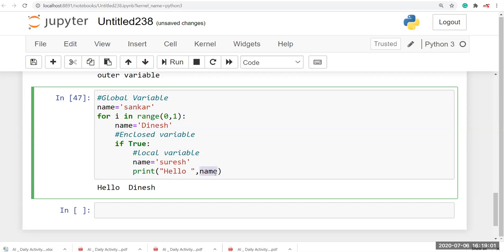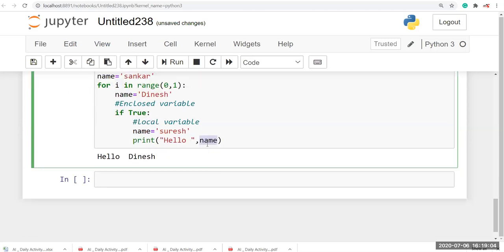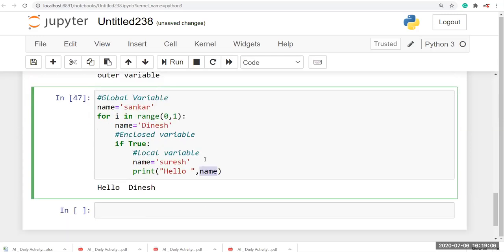So the name I have called here, it first checks which one is nearest to it. So first it checks if the local variable is here, and it prints Suresh. If it is not, it goes here and checks if the name is in here. If it is, it prints Dinesh, and if it is not here, it goes to the global variable.